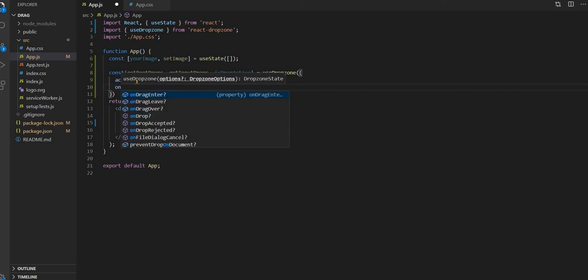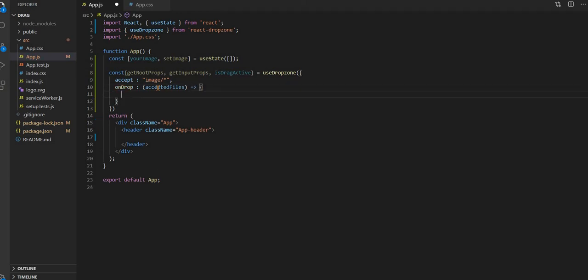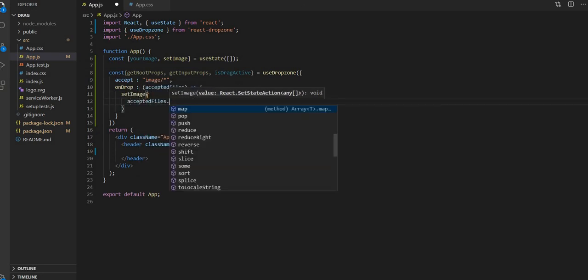And on drop we have to setImage. Inside this, acceptedFiles.map